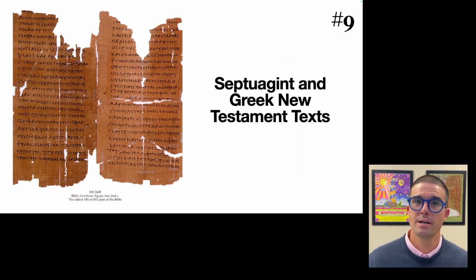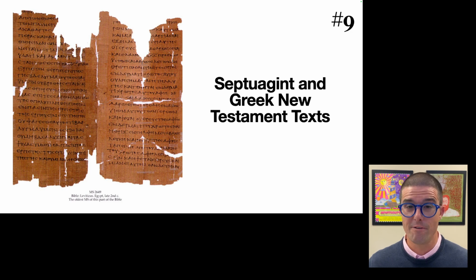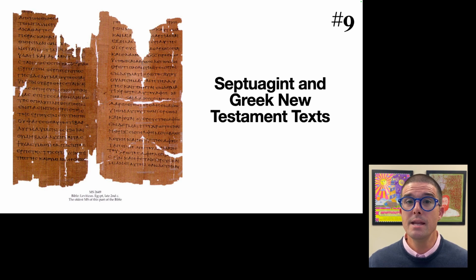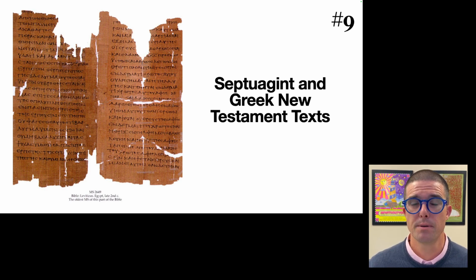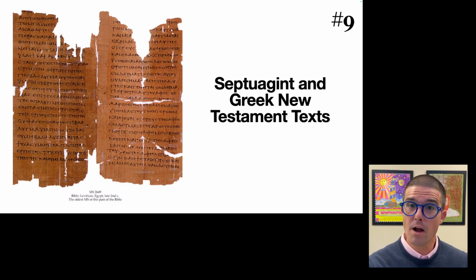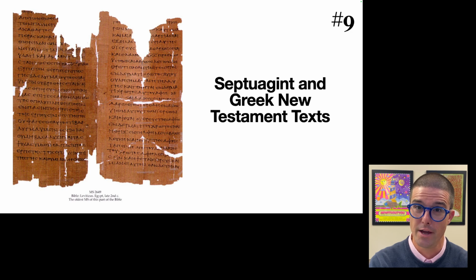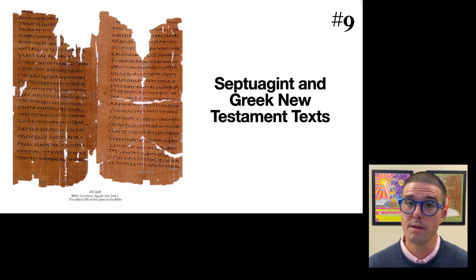Then over to number 9, we get the Hebrew texts of the Hebrew Bible eventually published into Greek, which would be the lingua franca, or the common language of the Greco-Roman Empire, and many Jews in the Second Temple period. So for the New Testament authors, they are largely working from Greek translations of the Hebrew Bible. And notice again, I use the plural there, Greek translations, that there would have been multiple different translations of each individual Hebrew Bible book into Greek.